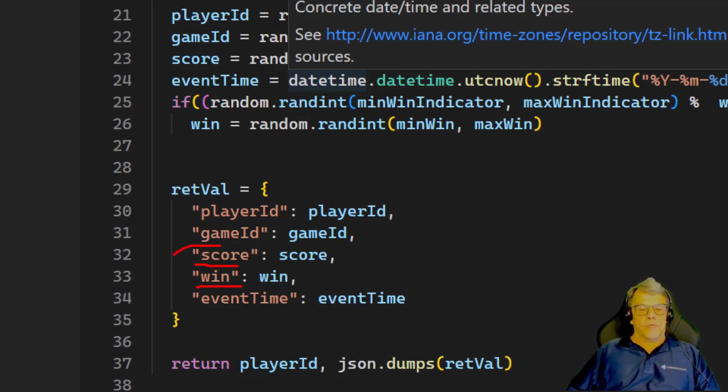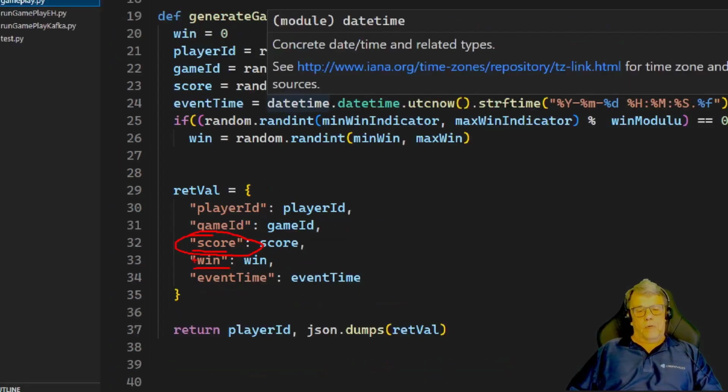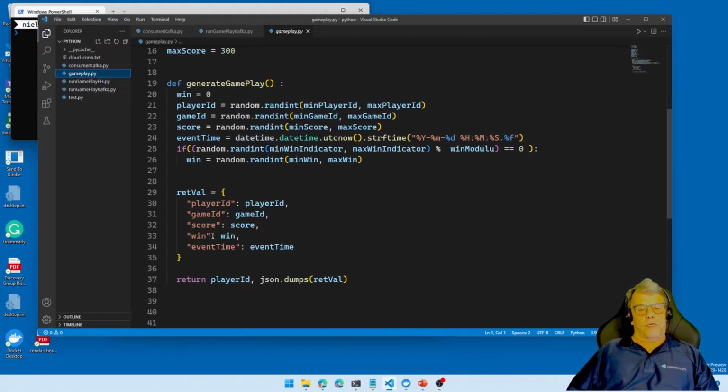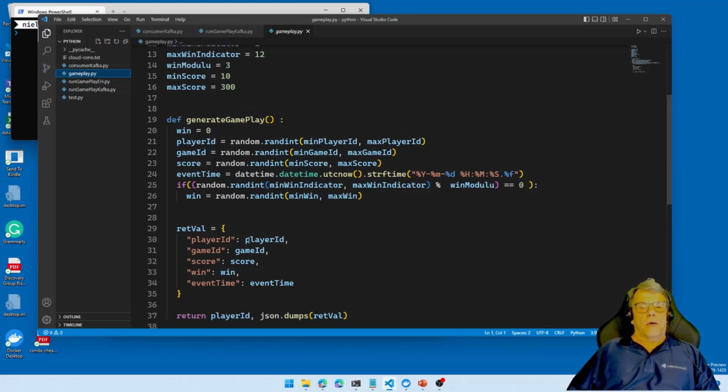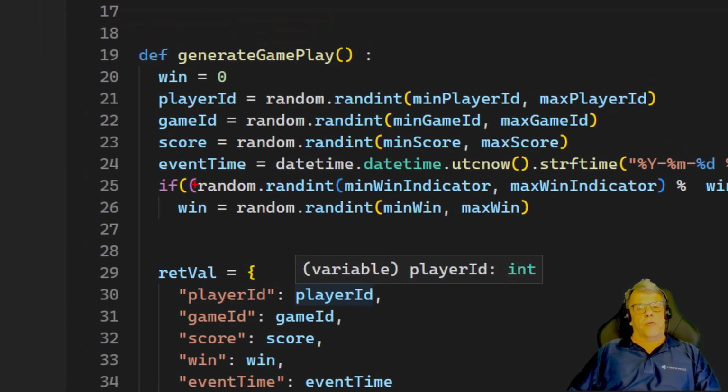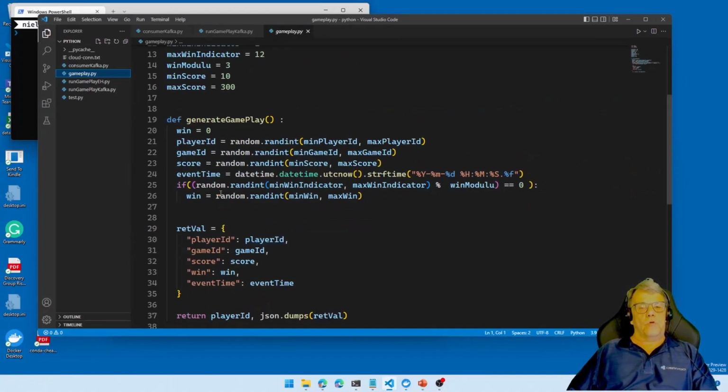The score is how much you are putting in, and the win is how much you're winning, if anything. And then we have the time that this happened. I have a method here, generate gameplay, where I'm randomizing the player ID, game ID, score, event time, and so on.